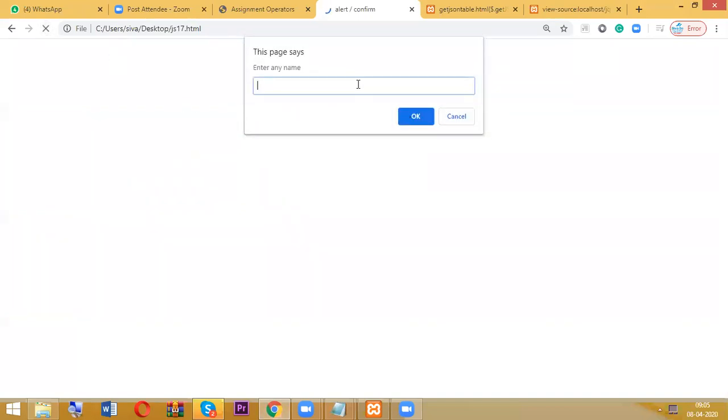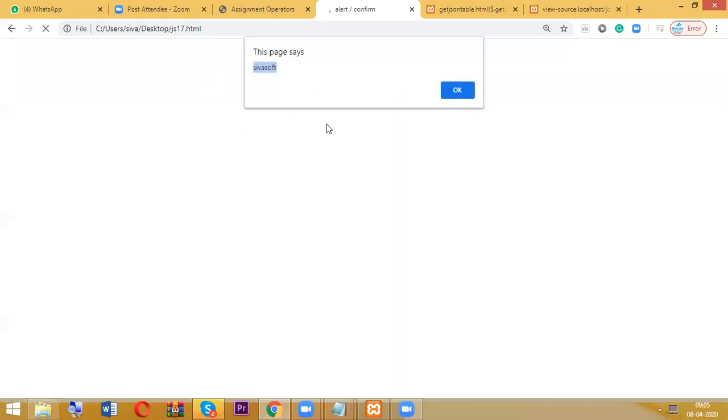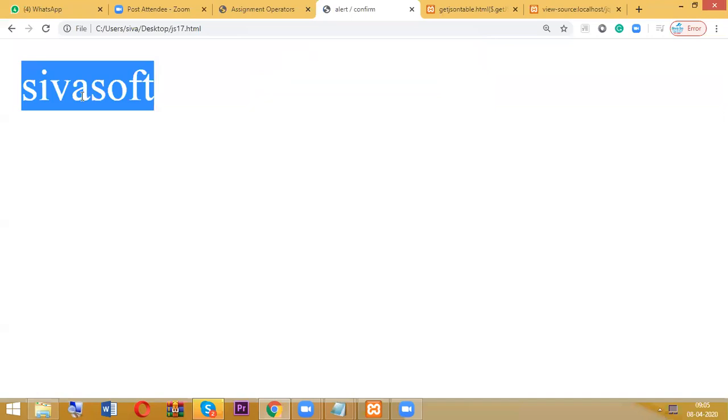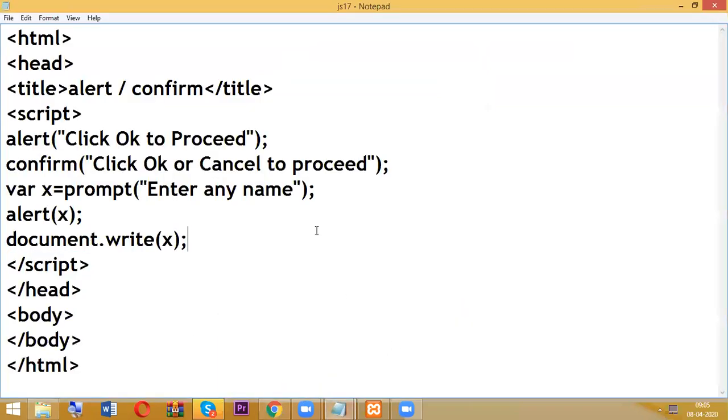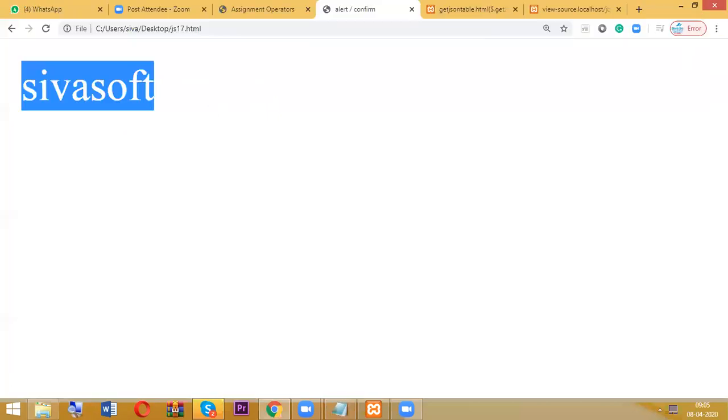So let me refresh the page. I entered Sivasoft, so Sivasoft will be stored in that x variable. Then I am able to display it in alert, and even in my document.write. Okay, so I am going to close this.